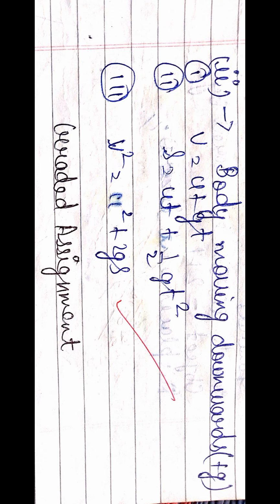Now there are some important graphs. First is the time and displacement graph. For uniform motion, it is a straight line. Now for non-uniform motion it is a hyperbola. Then for no motion, a line parallel to the time axis, or we can say the x-axis, in rest. Now for motion against the applied force, it is in the downward direction.